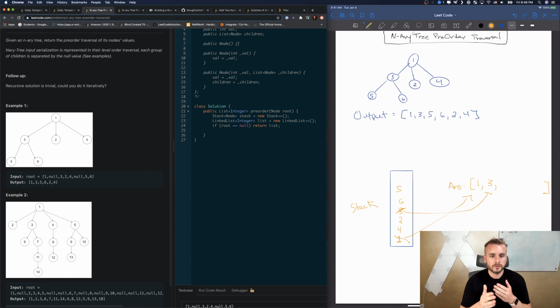And then obviously we want to add root, so stack.add root, and then we're going to loop through. So we're going to loop through while the stack isn't empty, because we have to add all of these into the answer. So while the stack is not empty,